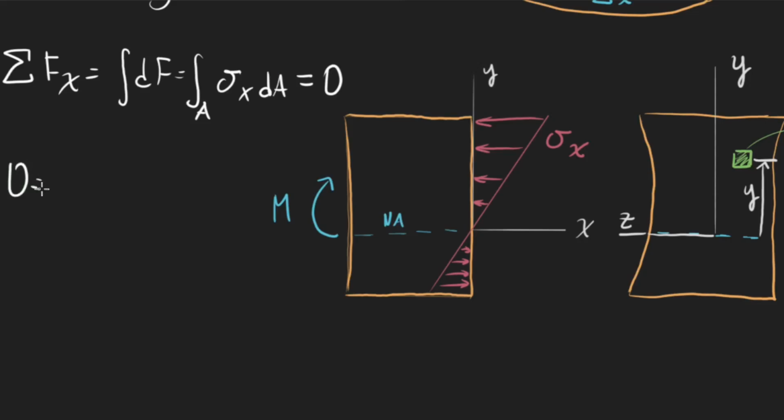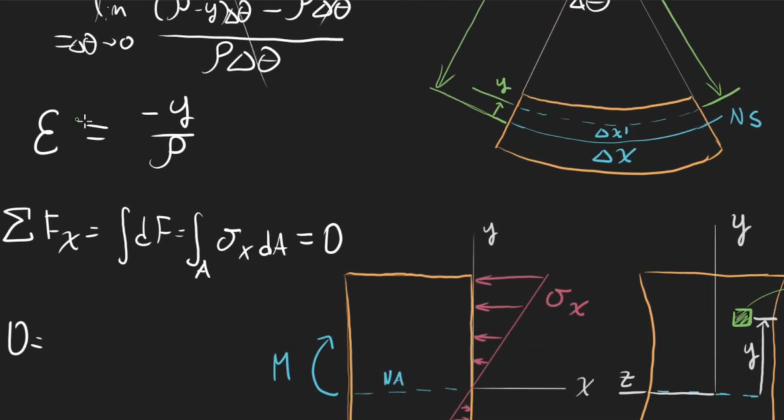So you have 0, and then from our equation, if you remember up here, we calculated the strain. So this right here is this, and we also have the modulus of elasticity, which is basically the ratio of our stress to strain. We talked about this earlier. Basically, it's the slope of that stress strain diagram. So if I multiply E times epsilon, I'll get my stress. So I can say that this is equal to the integral of negative y over rho, so a negative integral of E times y over rho,